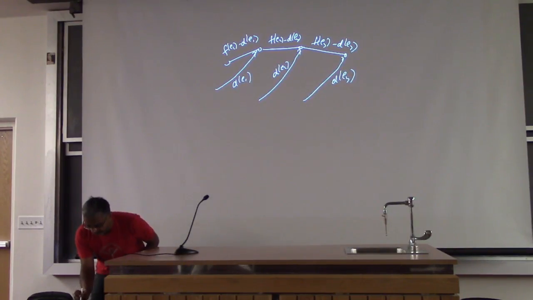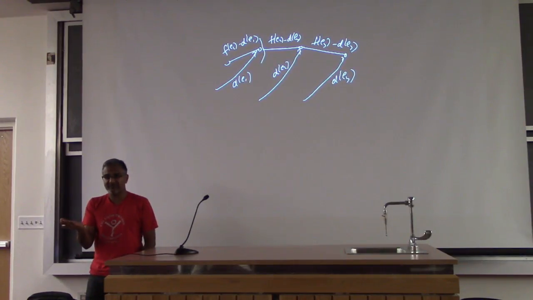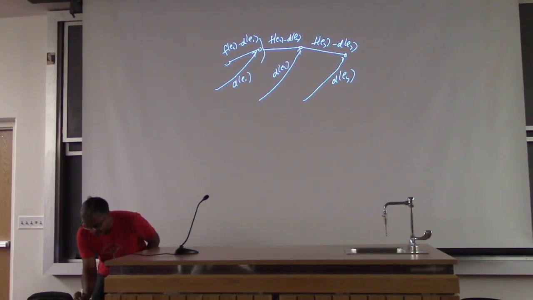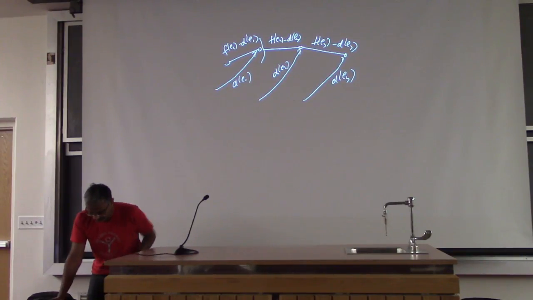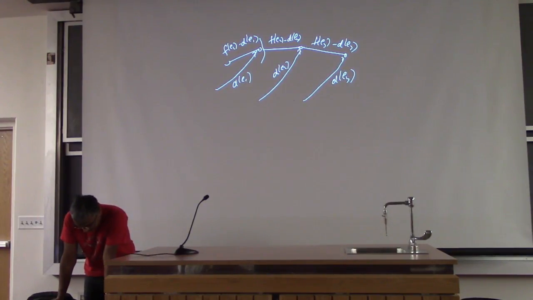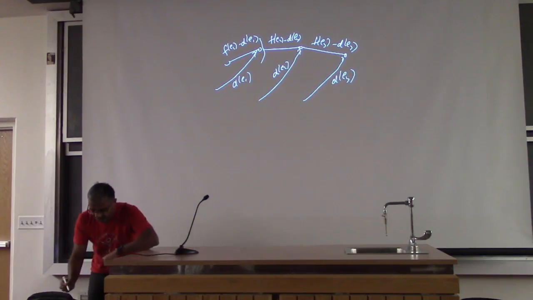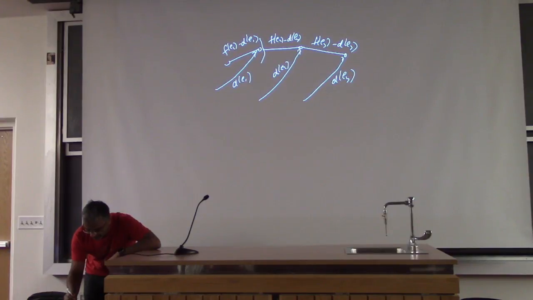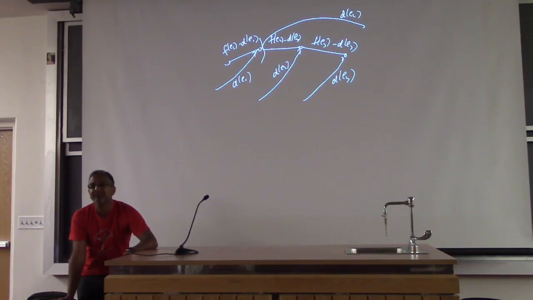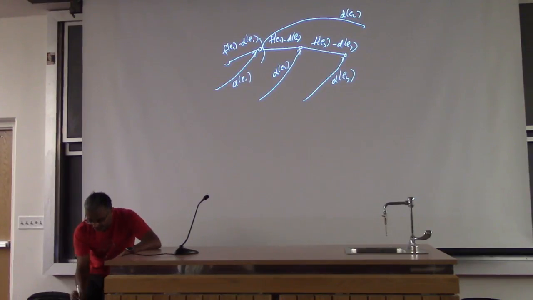So the flow coming out at this point is going to be F, that's going in. And what's going out is DE2. So if you look at this node here,